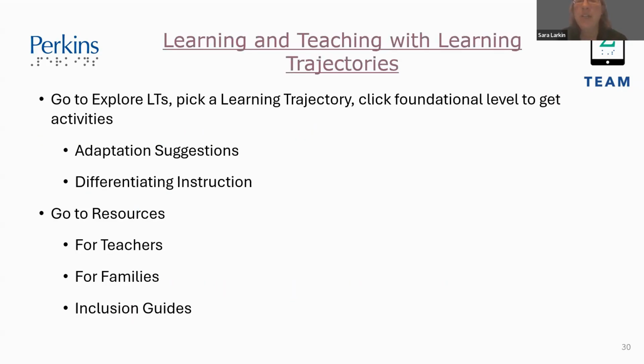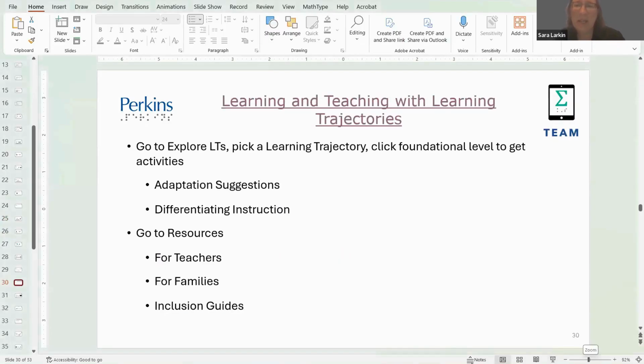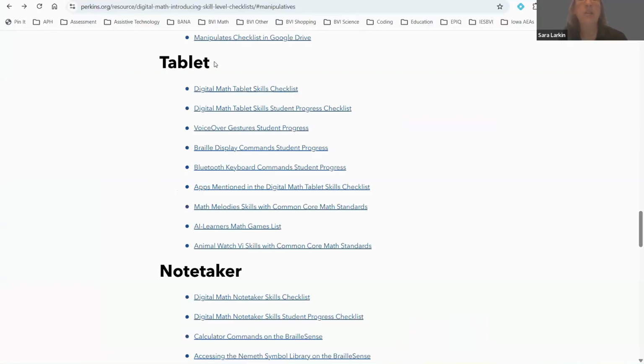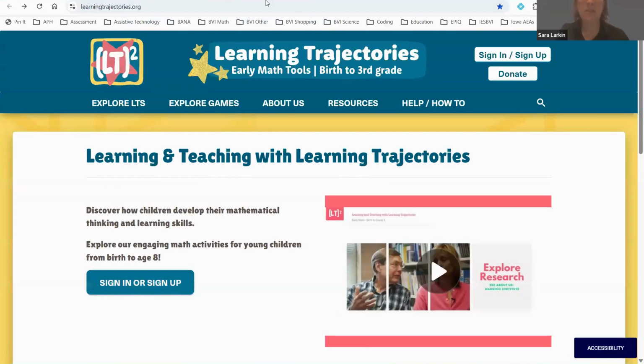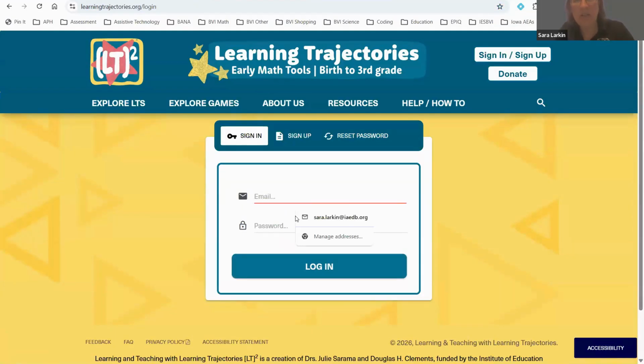So I mentioned that LT squared. It's a website, and that's their symbol. It's learning and teaching, that's the first LT, with learning trajectories, that's the second LT. So that's why it's LT squared. If you go to that particular website, it is not specific to kids with visual impairments, but you can sign up for free. When you sign up and log in, I just wanted to see the login page, that sign up page, when I go ahead and sign in,